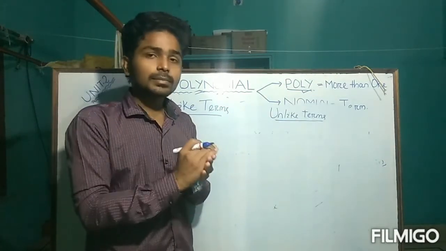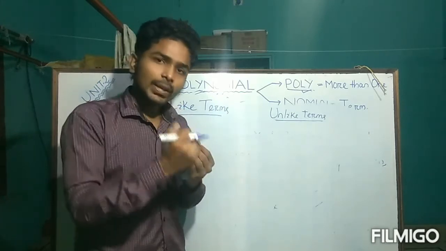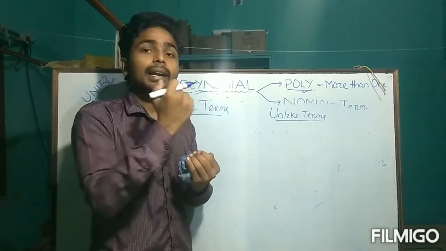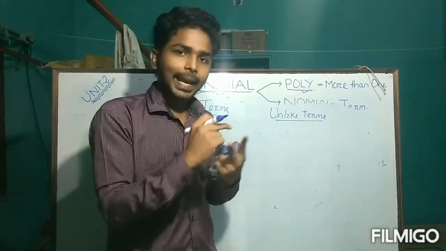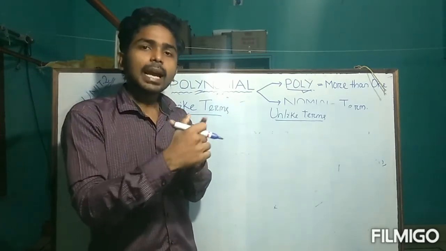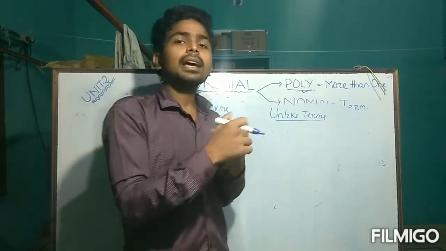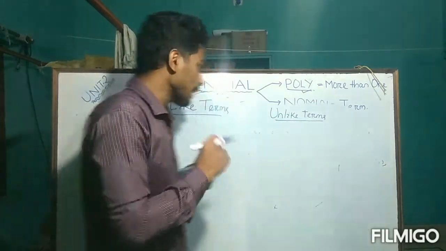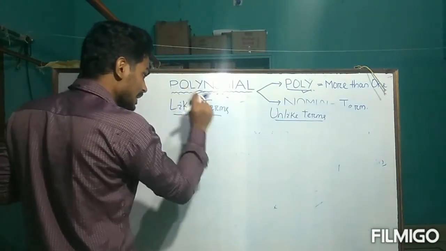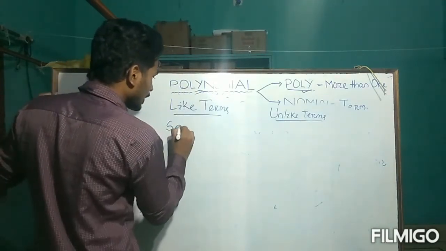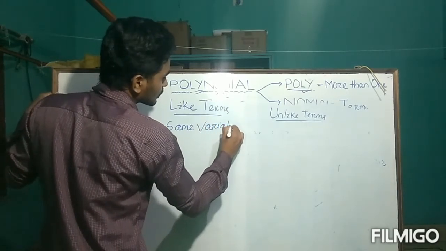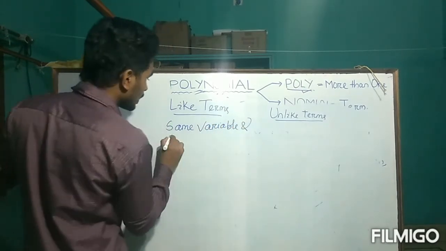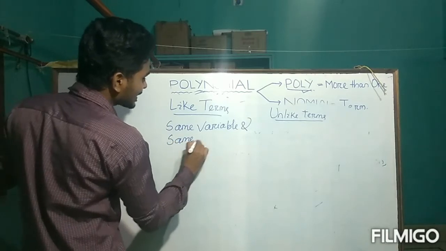Like terms are the terms which have equal variable and equal exponent. If two terms have the same variable and the same exponent, then they are known as like terms. If the two terms have the same variable, and the same exponent,